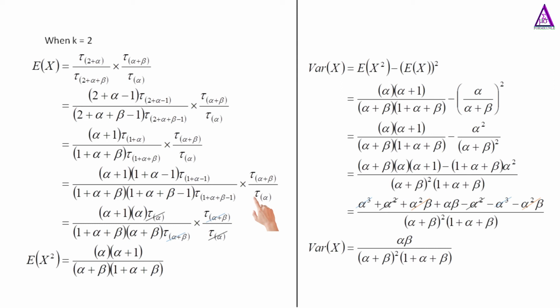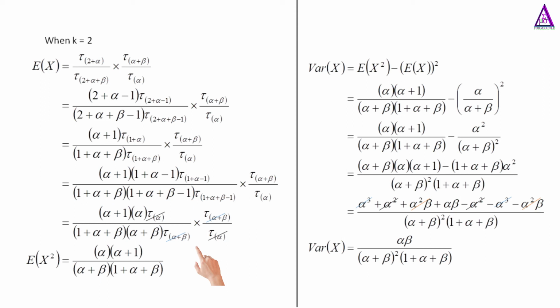Into the bracket 1 plus alpha minus 1 gamma subscript 1 plus alpha minus 1 divided by 1 plus alpha plus beta into bracket 1 plus alpha plus beta minus 1 gamma subscript 1 plus alpha plus beta minus 1 multiplied by gamma subscript alpha plus beta divided by gamma subscript alpha, which gives us equation 5, which is alpha plus 1 into bracket alpha gamma subscript alpha divided by 1 plus alpha plus beta, close the bracket, open another bracket, alpha plus beta gamma subscript alpha plus beta times gamma